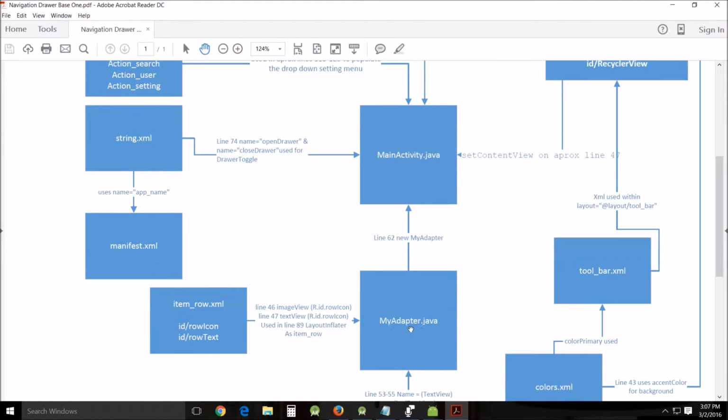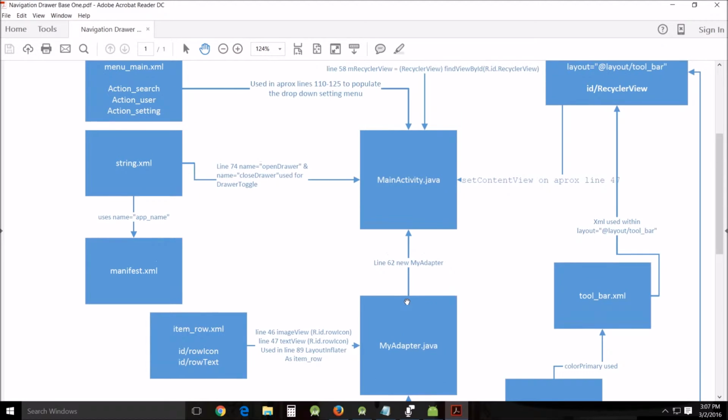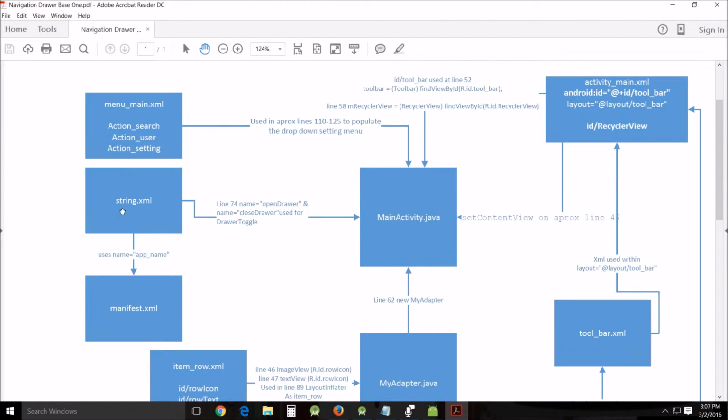we also have the myadapter.java, in which on line 62 the new MyAdapter is called in the .java. Strings, line 74, open drawer and close drawer are used for the drawer toggle. You can turn to that and look at line 74 and see the open drawer drawing this information out of